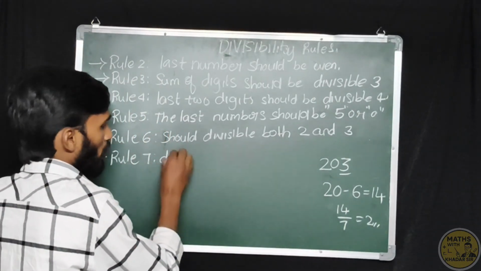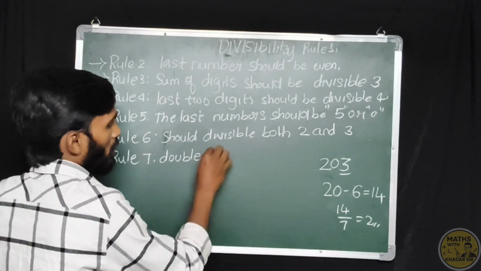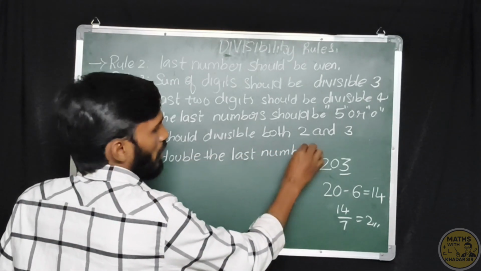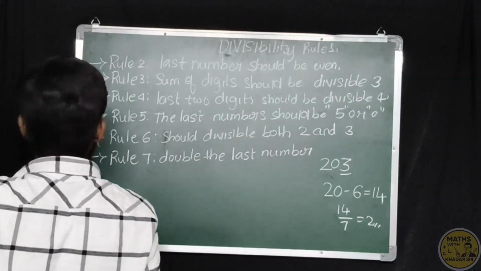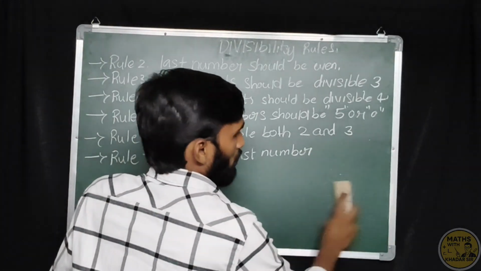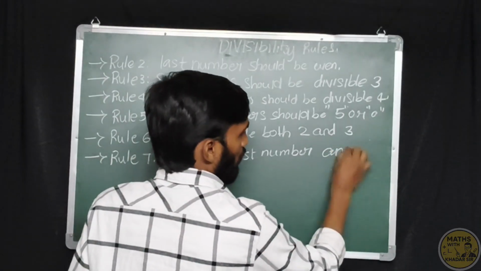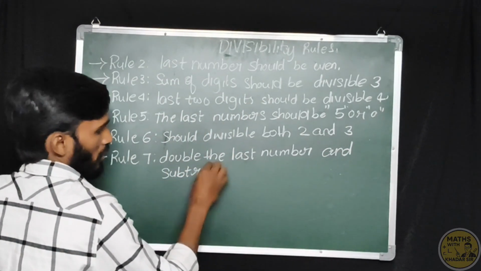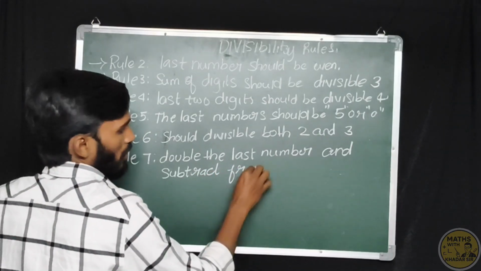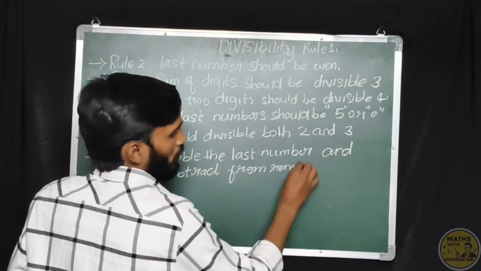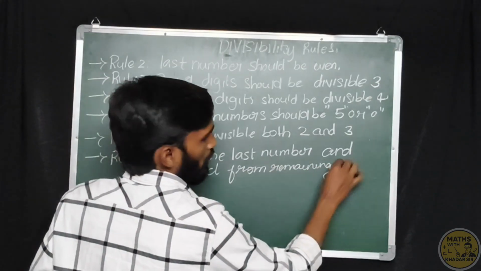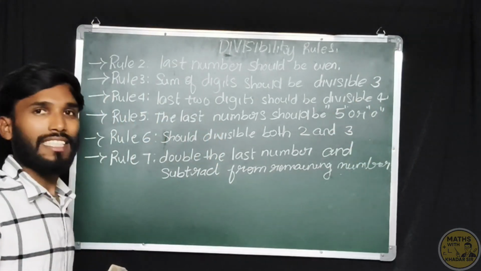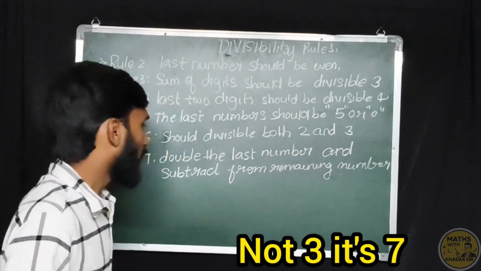What to do? Double the last number, and subtract from the remaining number. This is about the divisibility rule of 7. Now next see